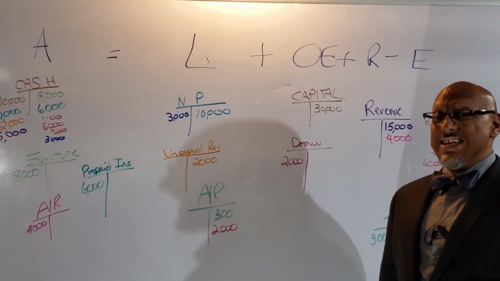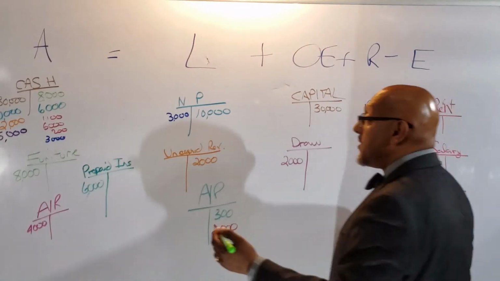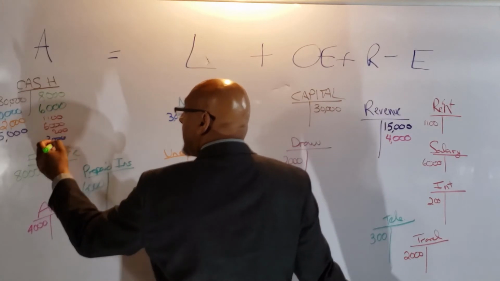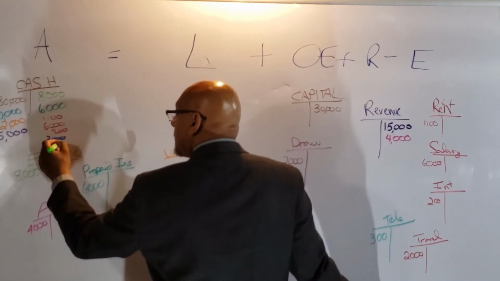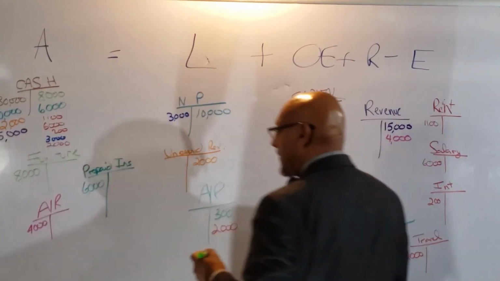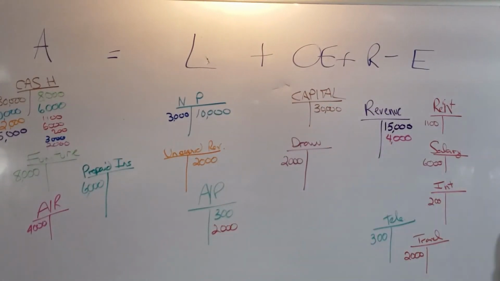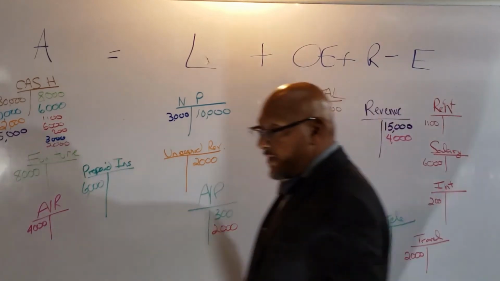But he draws it in what? Cash. So it's a credit to cash because cash is going down. Next,